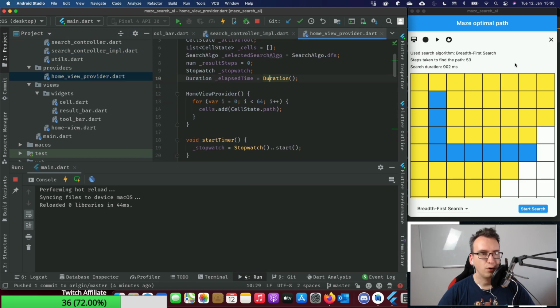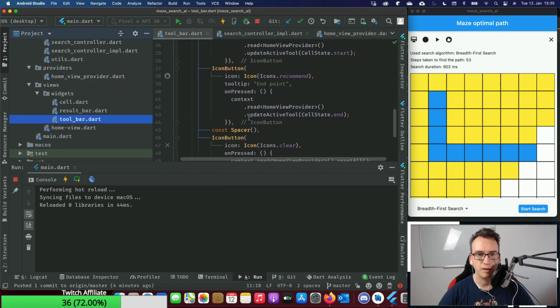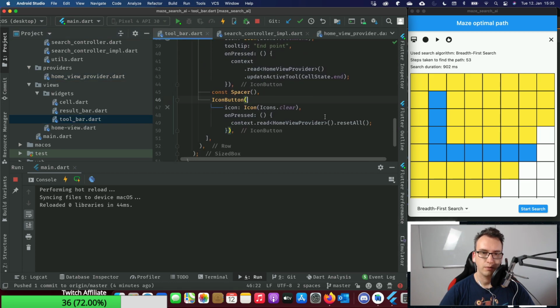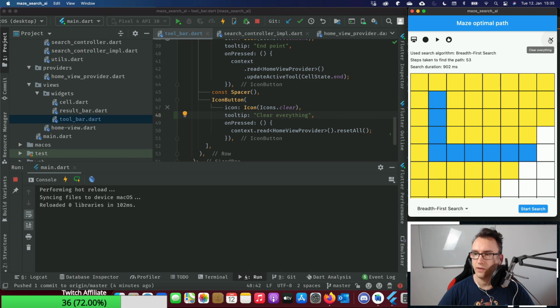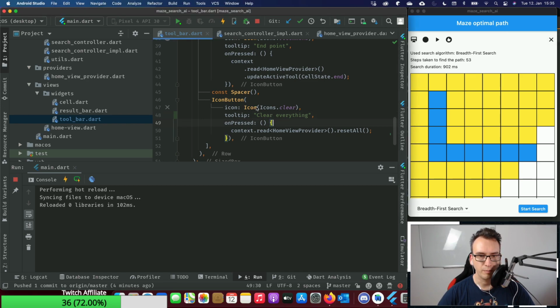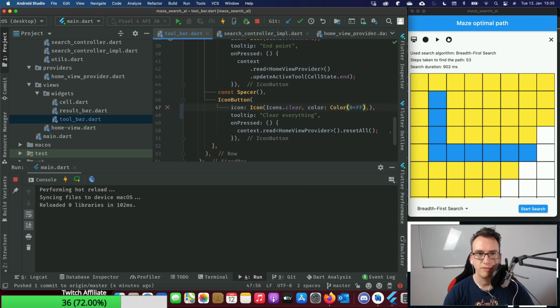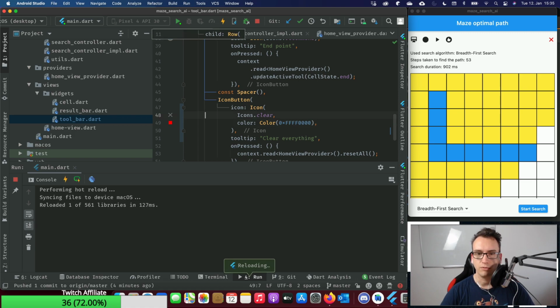How would I start? First of all, we have to change the toolbar that we have up here now. Not only up, that this gets a tooltip like clear all, everything. So with that, we know, okay, this here is a destruct all, right? So maybe you can even make it red here. Like 0xff, so we have RGB, right? So the first two are red, which will be FF, and then 0, 0, 0, 0. Now we have it in red.